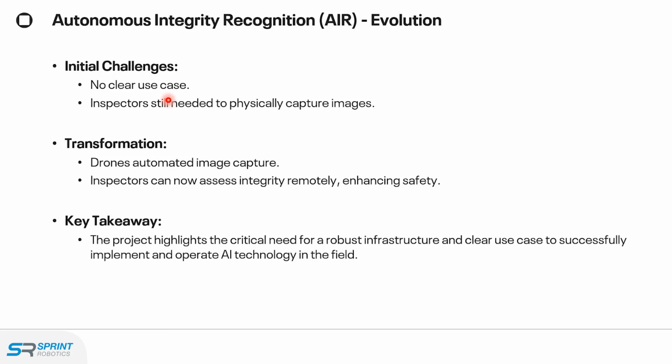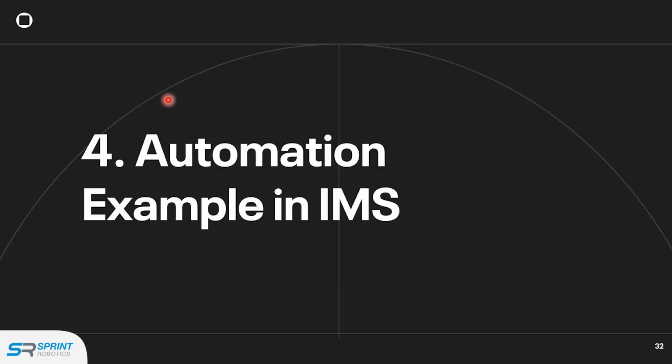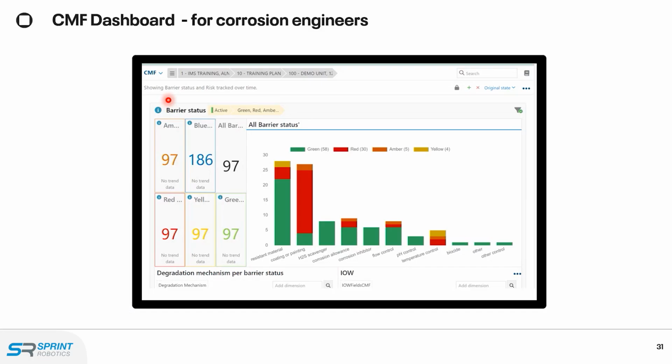Yeah, I can for sure give you a live demo of how that integration and automation works. But here we are talking about going back to degradation management. So the automation and the integration will update the status of my barrier. If I have a barrier that is red, it means there's an automation working. It means that I process inspection data, robotics data, any kind of data into a status. And that status will trigger an action, right?